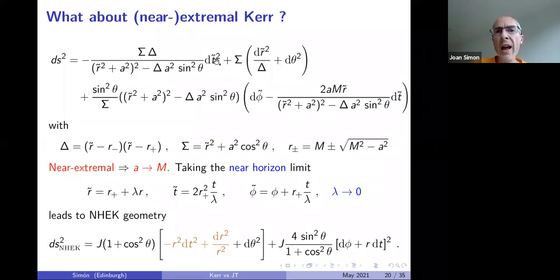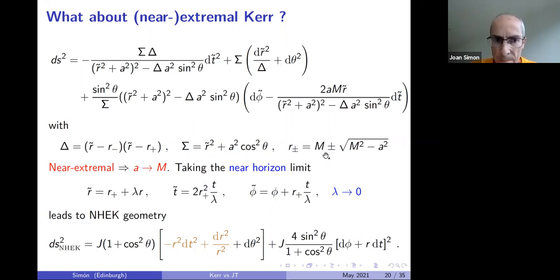I will refer to the full Kerr metric coordinates, typically with tildes. Hopefully I didn't make any mistake about that. The function that determines the horizon is this delta. You can see that there is the inner horizon and the outer horizon. I'm using the same notation as before. And these inner and outer horizons are related to the mass of the black hole and the angular momentum by